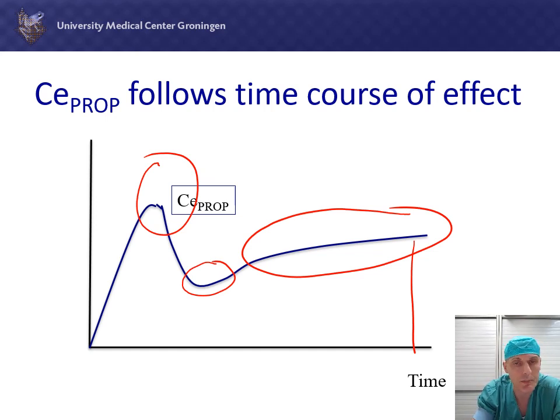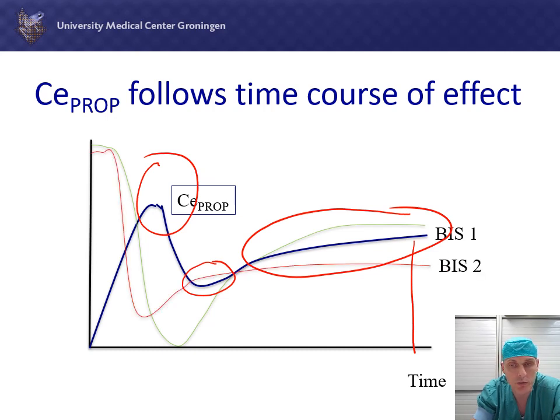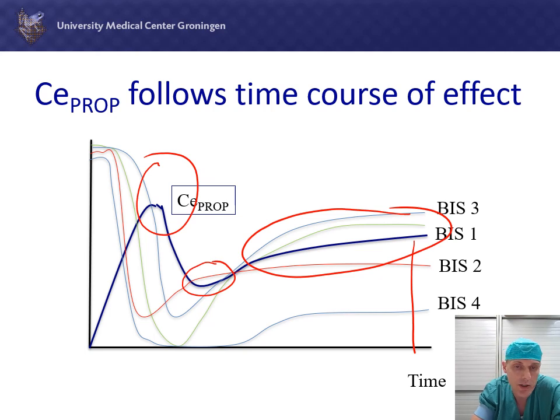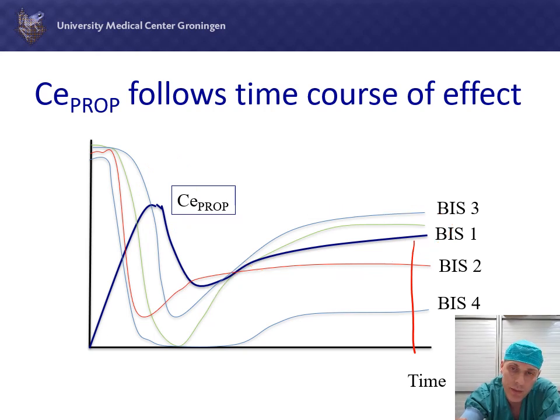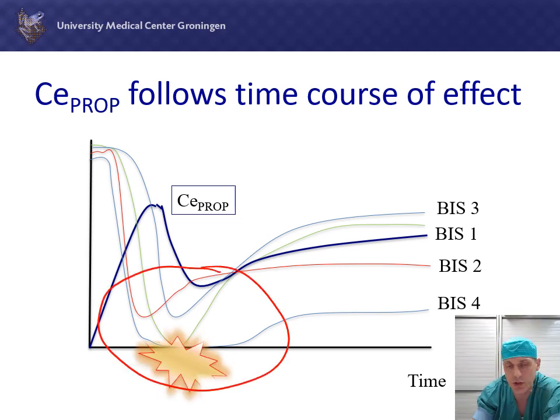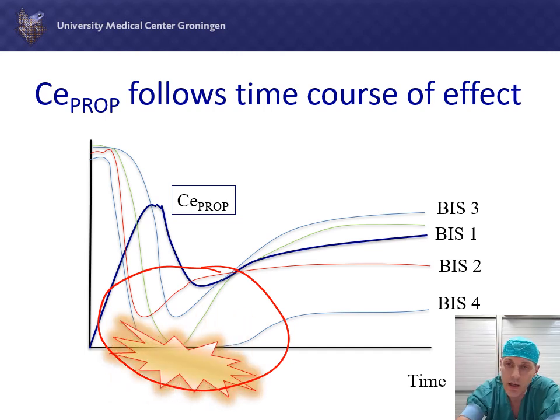And what will the corresponding BIS do? Well, for patient 1 it will be like this, patient 2 this one, and then the very sensitive patient will probably crash towards a BIS of 0 for a longer time and then only slowly recuperate from that. So what we see is that the time course of this BIS effect follows the estimations of the effect site time course quite accurately, but again we risk an overshoot in the beginning of anesthesia,